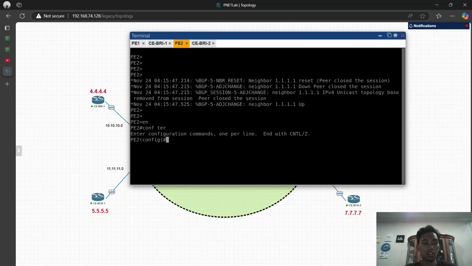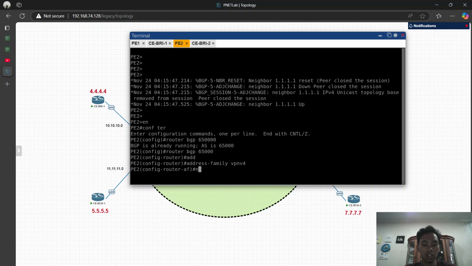We're gonna go into the configure terminal and set the router BGP 6500, address family VPNv4, neighbor 1.1.1.1. Activate.